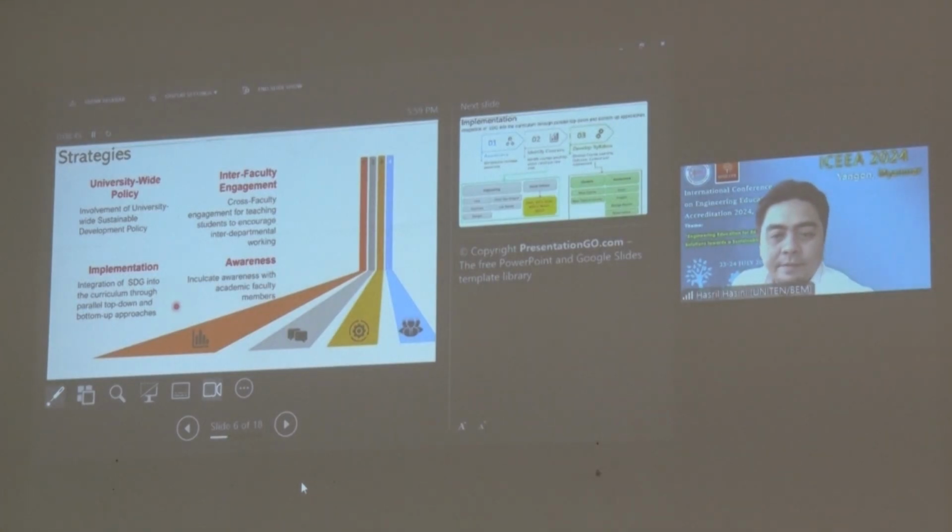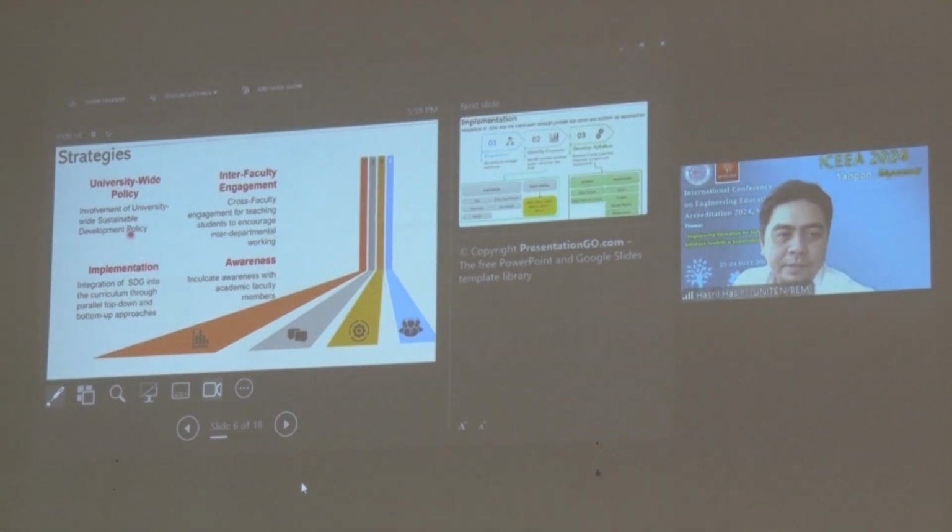In terms of strategy, as I mentioned, there is no right or wrong solution to how an institution can adopt the implementation of SDGs into the curriculum. You can say it is a top-down approach, or a bottom-up approach, or probably a hybrid of both.